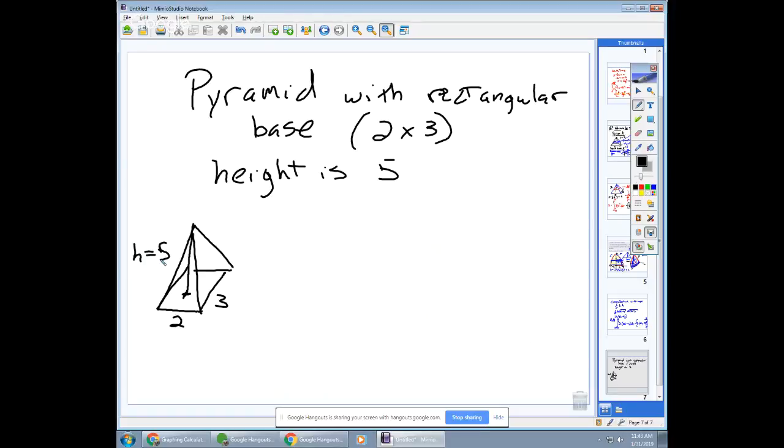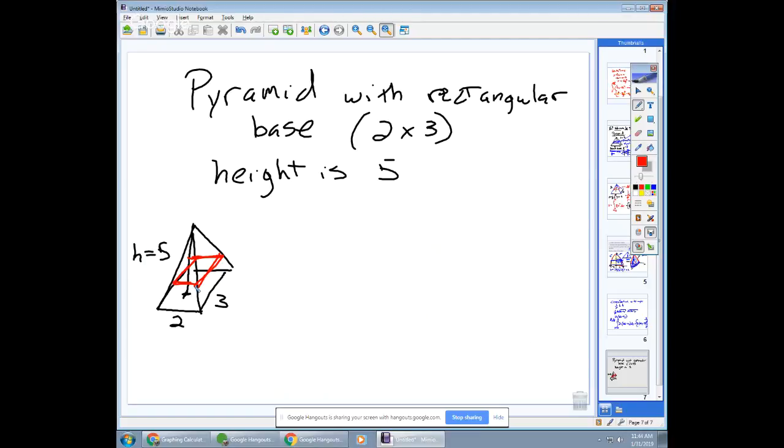So then what I have to do is figure out a formula for the cross section. Now, yes, you could cheat and use the geometric version of the formula. But I'm just going to show you a method that will help with problems that are a little more irregular than this one. When you use the section out of the middle, can't we just use the base? Yeah, well, yes, but the